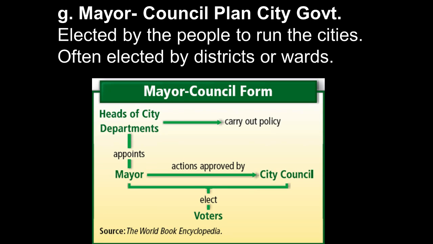The mayor-council city government plan. This is a little bit less progressive, as the people have less influence. So the voters will elect the mayor and the city council, and they'll then appoint heads of department and carry out policy. But notice that we have influence over these two guys, or this group and this person, but then the mayor has a lot of power to appoint the heads of various departments that carry out policy. So even if we elect these two guys, the mayor might pick people here we don't like. A good example would be if we elect a mayor and then they appoint a chief of police that we hate. Well, he has the power to do that because it's one of the powers of mayors to appoint a chief of police for that city.